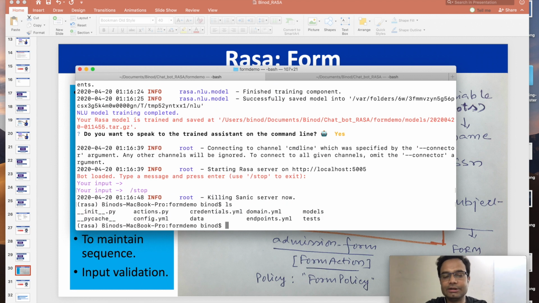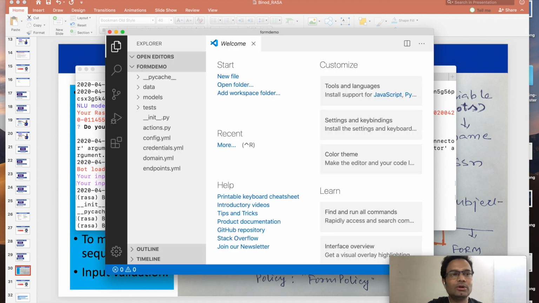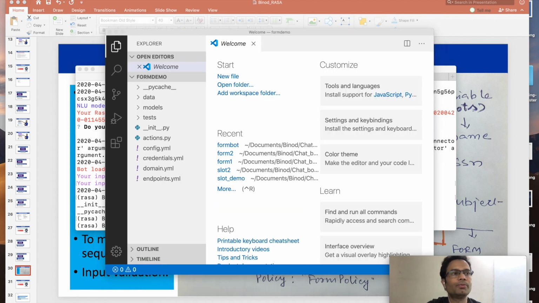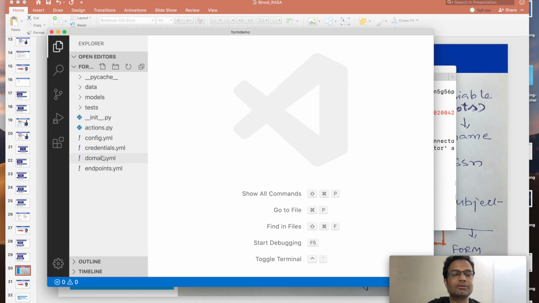It creates the mini directory. Let me open Visual Studio. Here, first you go and, let me make it bigger, we start from our domain.